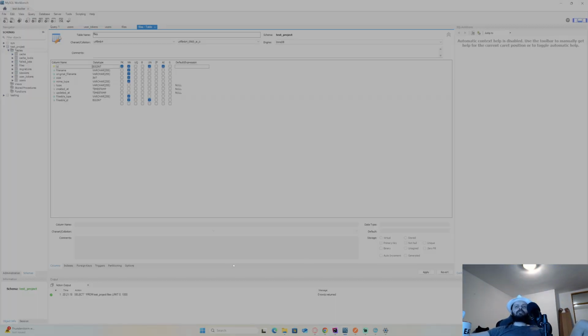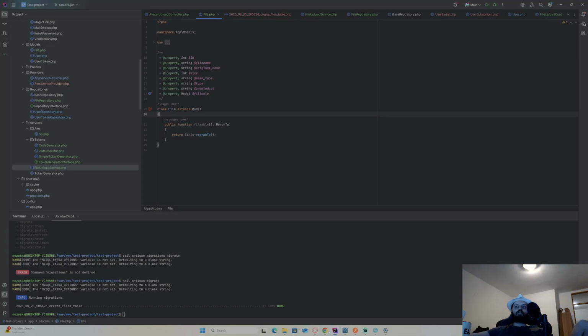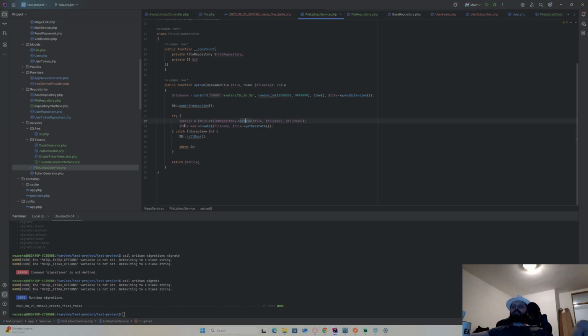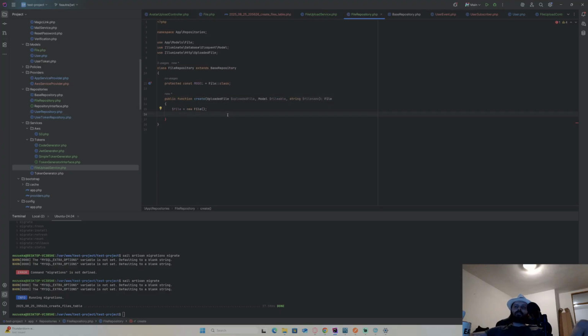Okay, now let's just put them in order. So I need to first attach the file name. Just check something. Can I generate file name? No, I can use my key, so I can generate it there. Okay, I need to do it like this. So, create the browser file. Now I'm going to set all the properties. File to file name equals file name.